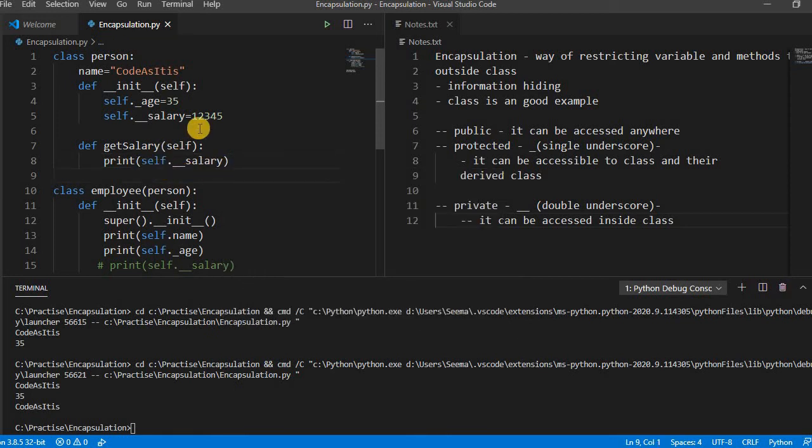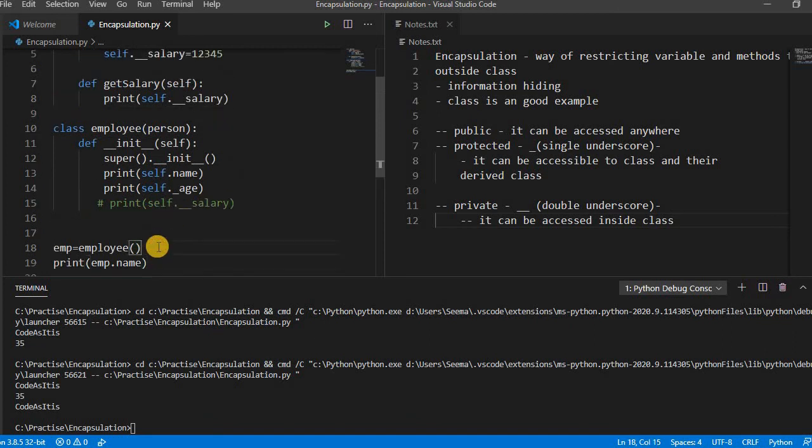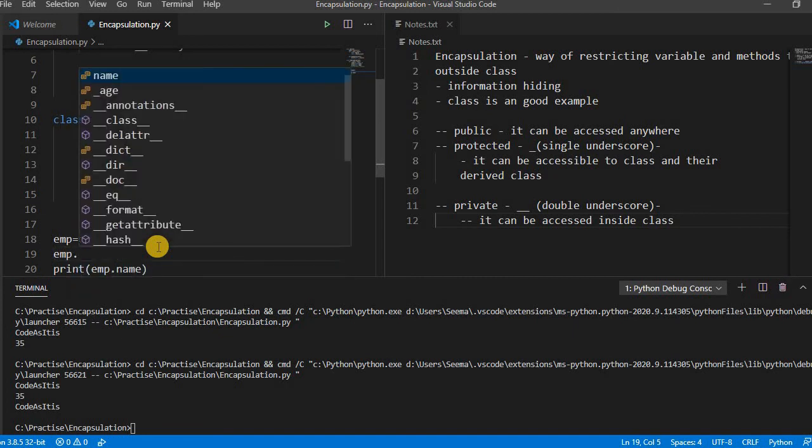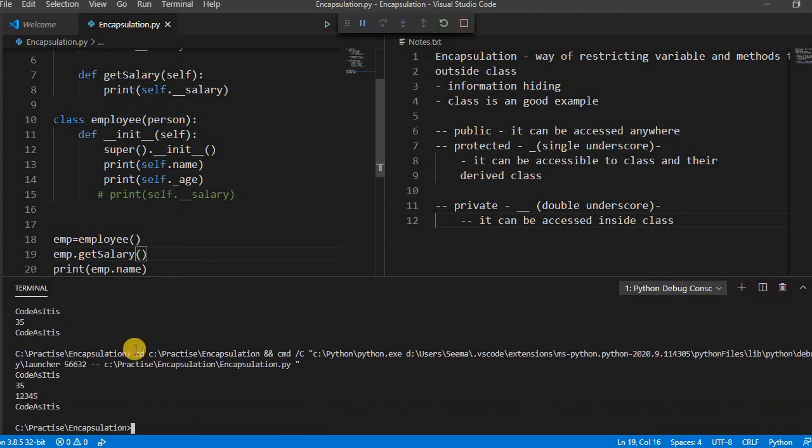So here the user cannot modify the salary, they can only get the salary. See here, it's giving the salary, right?